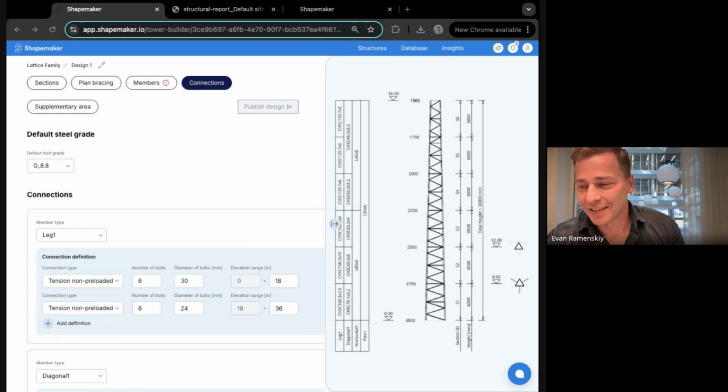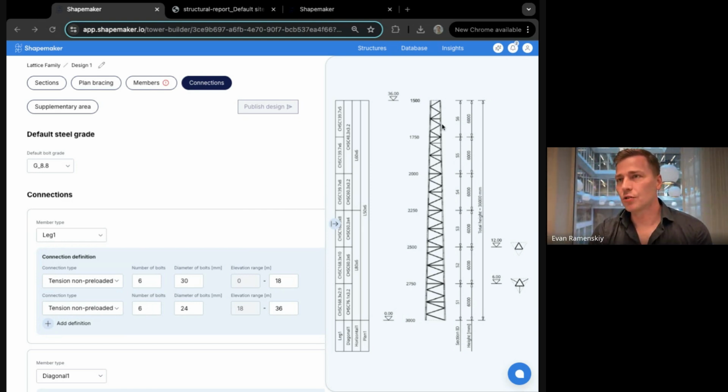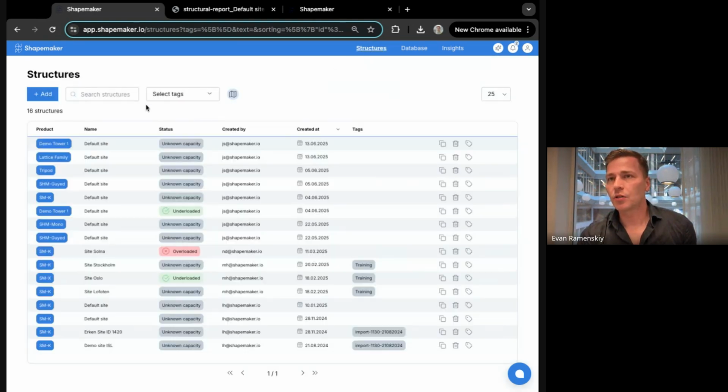Yes, I guess I can comment on it. The head frames they can model as a part of a section, so it can be treated as a section. At the moment, in TowerBuilder functionality, we don't fully support it, but in our other part of the software,